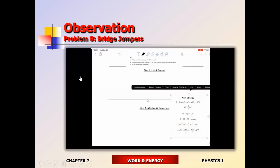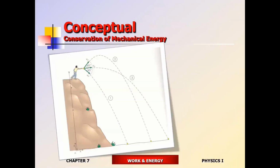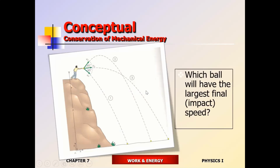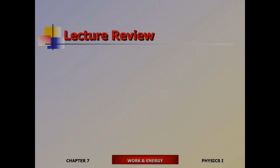Right, so the jumpers. Okay. So the path of motion doesn't matter. The only thing that matters is the initial height in terms of the final speed. All right, so initial height, they have the same potential energy, and in all 3 cases, they will have the same kinetic energy. And all that mechanical energy before impact is going to turn into kinetic energy. So which ball is going to be moving the fastest? In all 3 cases, the balls will move at the same speed. So the path of motion doesn't matter. All objects projected from the initial height with identical speeds will hit the ground at the same